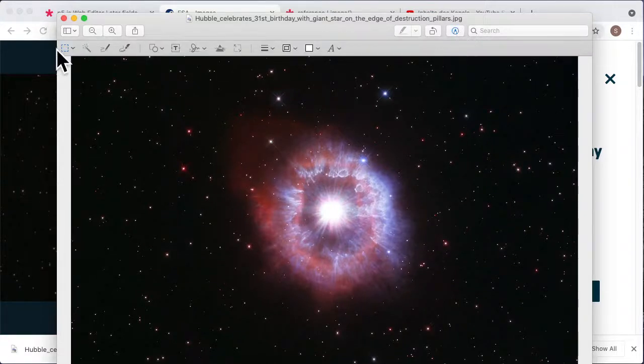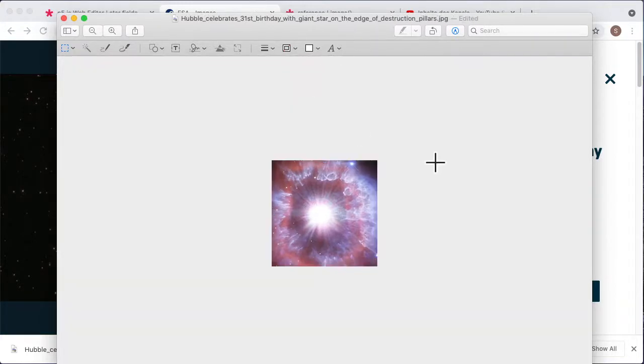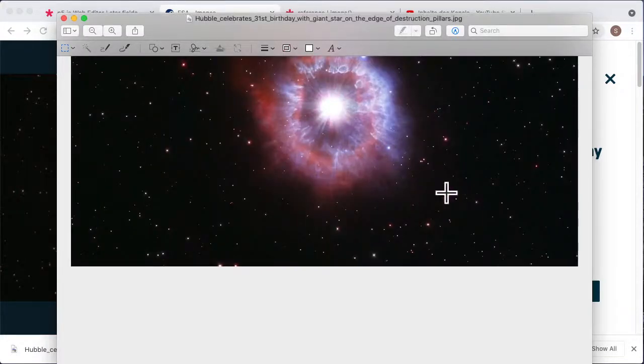And I will go here, select the rectangular selection, hold the shift key, and I'll just get some 400 by 400 pixel big slice of this image, something like that. So now I'll just say crop, and well, maybe that's a bit, let's have another portion of the image. Right,